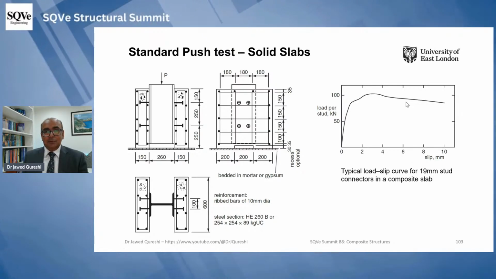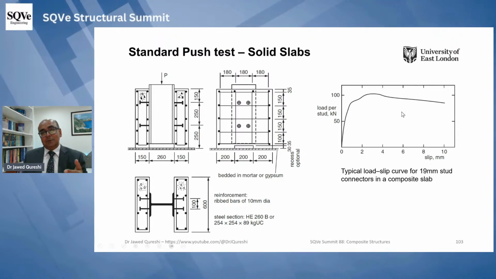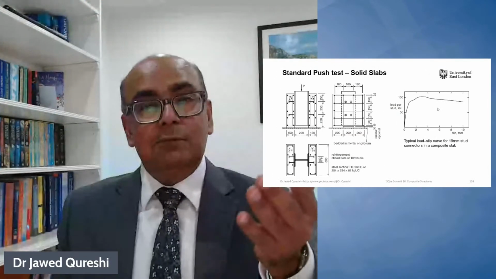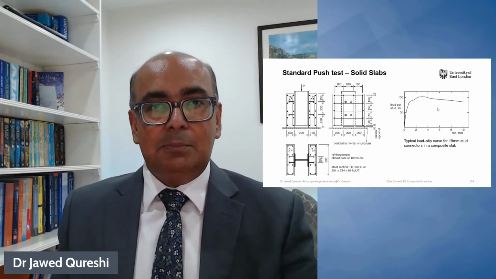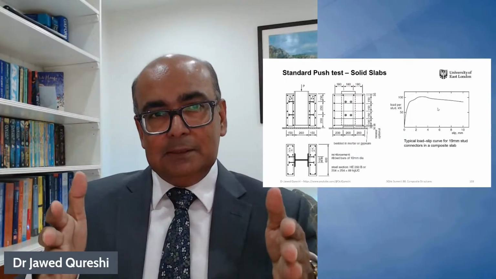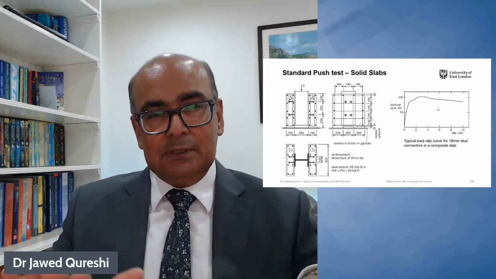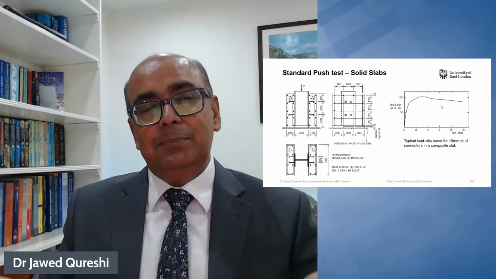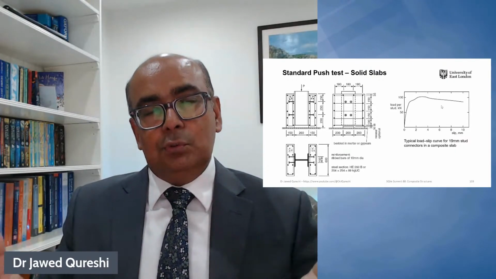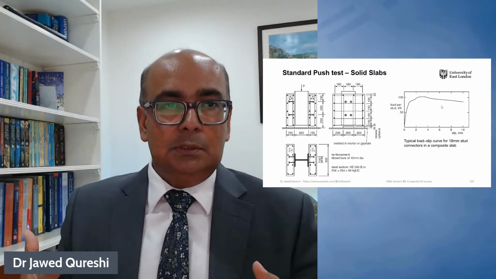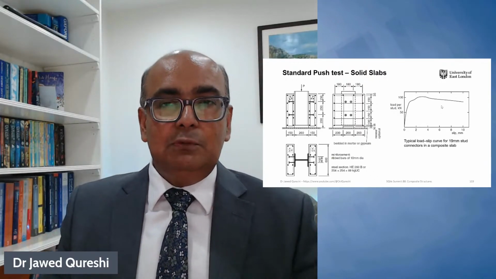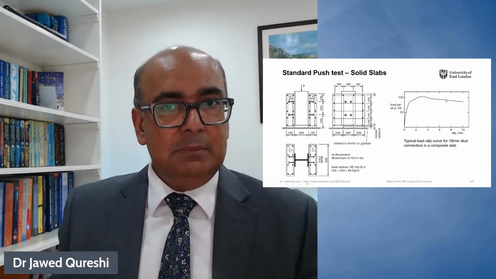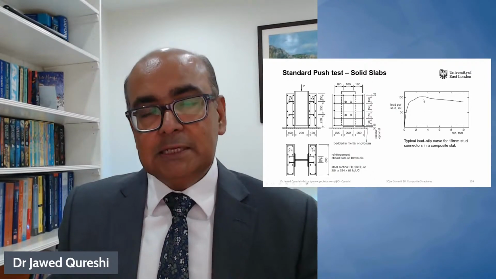The answer is no. Because when we use sheeting in a push test, it applies direct shear. But in case of beams, direct shear is not applied. When we apply loading, the load is vertical and then it is transferred in horizontal direction. And also flexure of beams will help as well. So mostly the failure is gradual. So in a beam, you will have the slip, which is far more than 6 millimeter. But in testing for profile sheeting slabs, you will not have 6 millimeter.